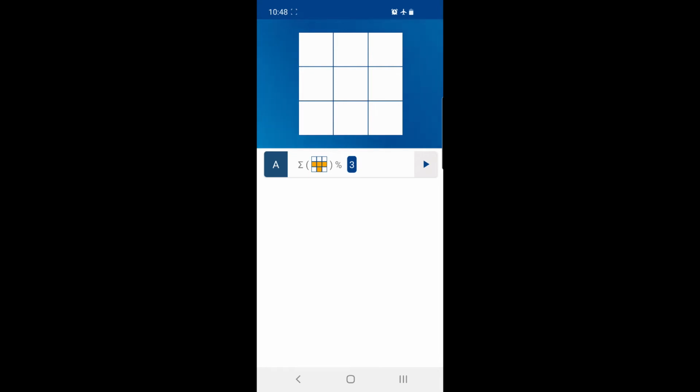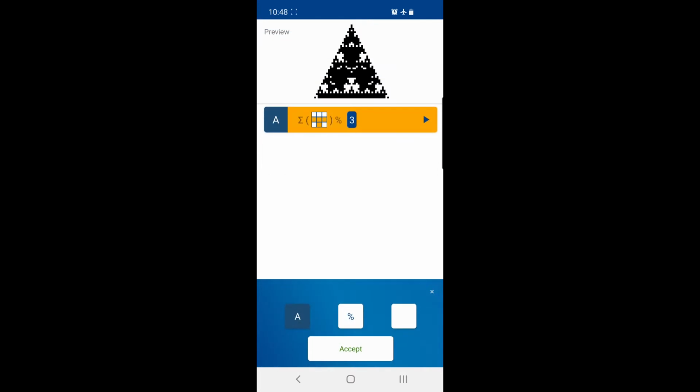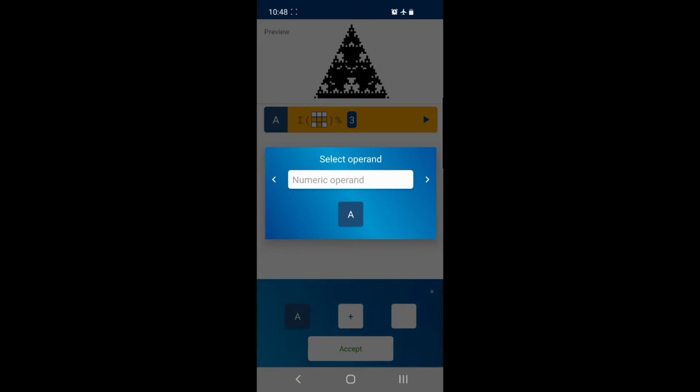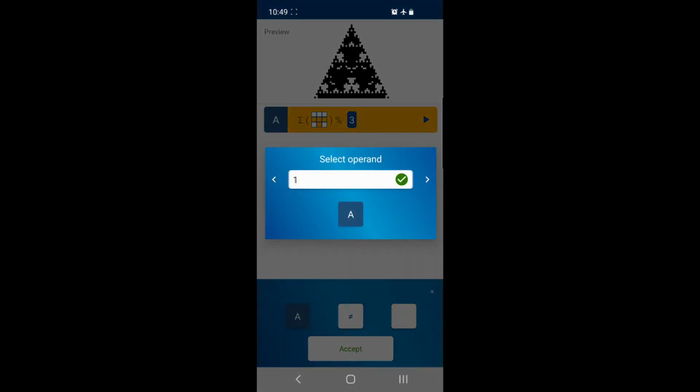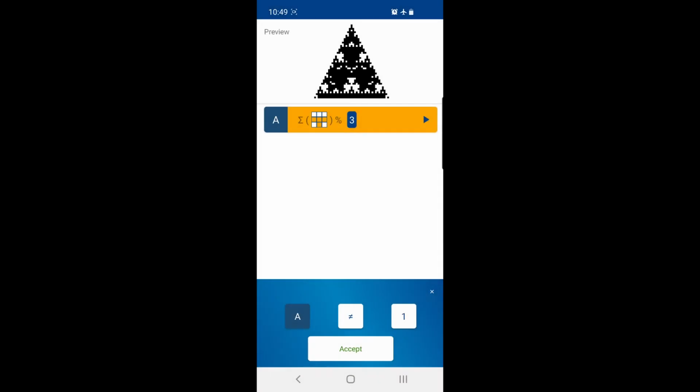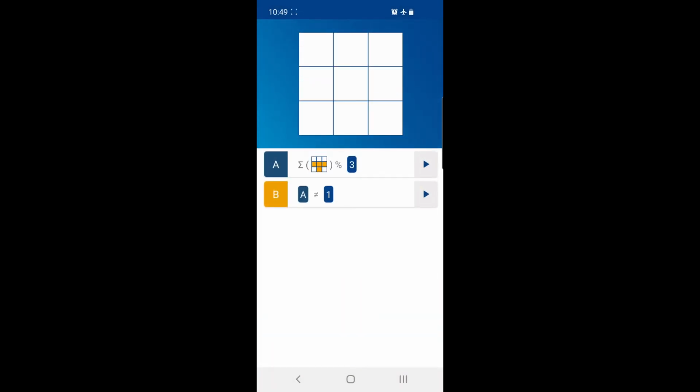You can always preview it in this view, and now you see it's selected, and you get another screen here at the bottom. So here we can also add change operator, and here you can plus it with itself. But let's change it to not equals 1 and see what happens. Now we got a B rule,